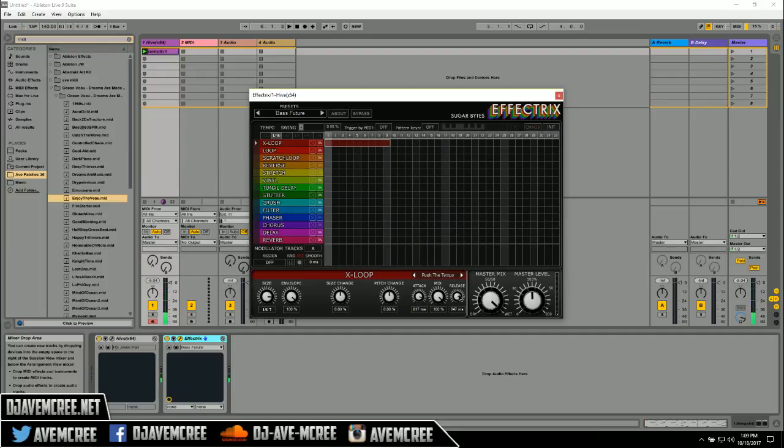You can see, as I added some more release, it released longer. It had a tail behind it before it went back to normal on the riff. You have envelope size. As you can see, if I attenuate to the left, it makes it tighter. And if I was to move it to the right,